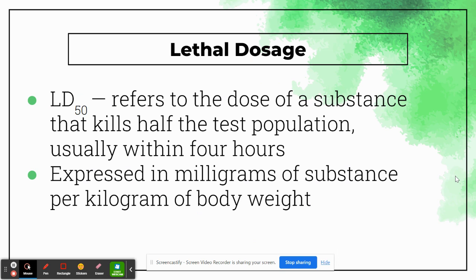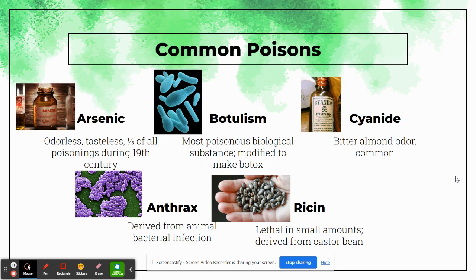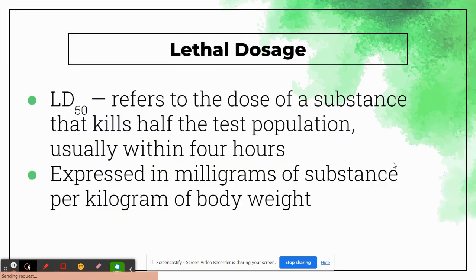So when we look at lethal doses, for most of these drugs, there are very tiny quantities that can be consumed without death. So when we're looking at lethality, we look at what's called the LD50. This is the dose of that substance that would potentially kill half of a test population within 4 hours. So the way that we determine how lethal a particular chemical or drug is, we take a whole bunch of rats, we give them a dose, and we see if half of them die. If half or more of them die, we'd cut back that dose and try to get as close to that half population as possible to determine what its LD50 is.